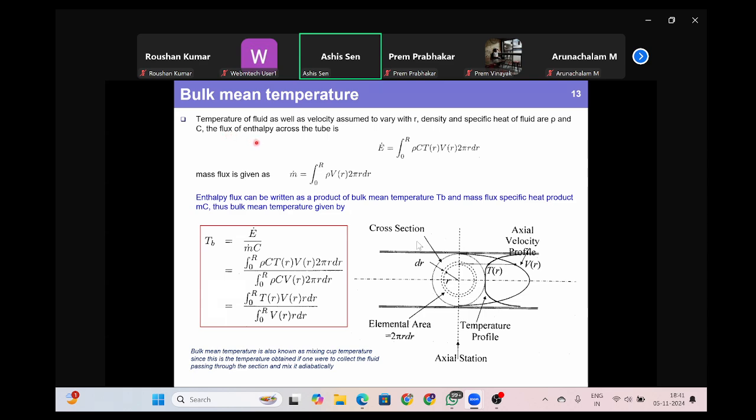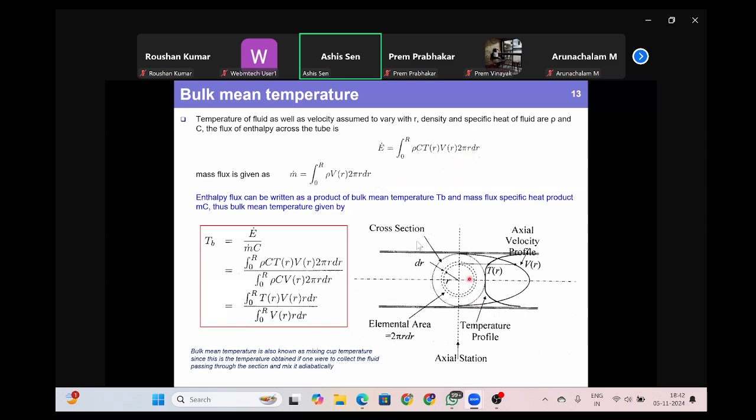Now, you can see the total enthalpy of the flow. What is the total heat energy that is contained in the flow? The temperature varies across the radius of this circular tube. The velocity also varies as V(r), temperature varies as T(r). So the total enthalpy of the flow is basically calculated